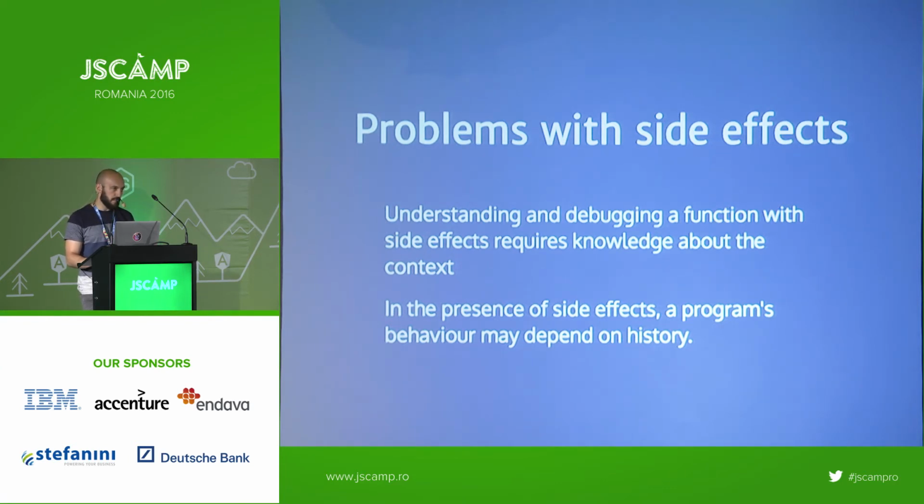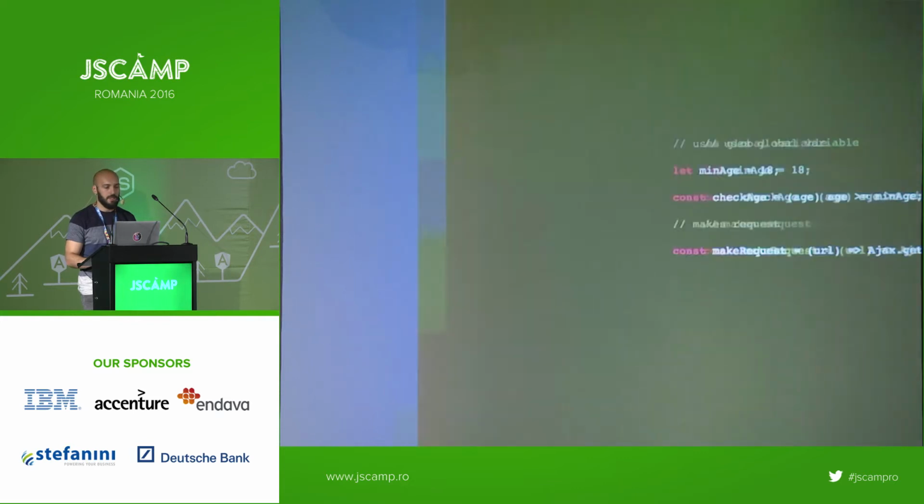Looking at a function that has side effects, in order to understand it, you need to look at the context in which the function has been defined, because it uses some data from the outside world. And at the same time, running the same function twice will not guarantee the same output. Why? Because the function will use some external data. That external data may have been modified somewhere else. As an example,